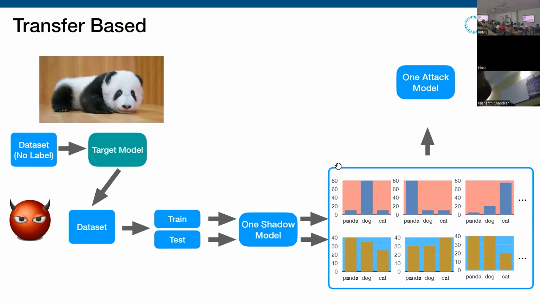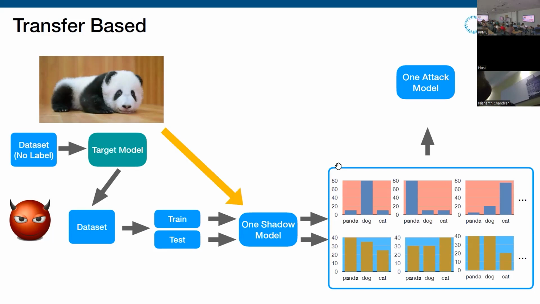I have the data set, I split it into training and testing, and I use the training set to train a shadow model that is similar to the target model, a shadow of the target model. Once I have this, I throw them all inside to get posteriors. Why can I get posteriors? Because the shadow model is designed by me, so I don't need to be constrained; the target model only gives me labels. Once I have this, I use this data set to train the attack model. Once that attack model is trained, its input is posteriors, not labels, posteriors.